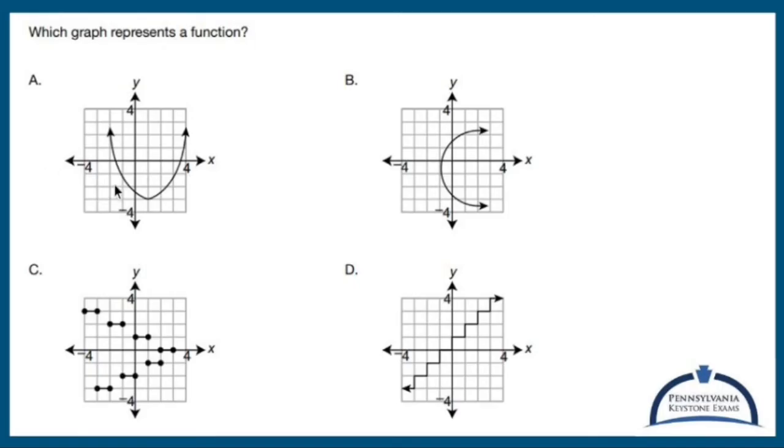Which graph represents a function? Well, a function is a function if it passes the vertical line test. So that's probably the best vertical line I've ever drawn using this thing. And what you do is you take this green line and see if my green line hits my graph at more than one spot. Nope. So that is a function. And so I'm done. I didn't realize that's all I had to do.